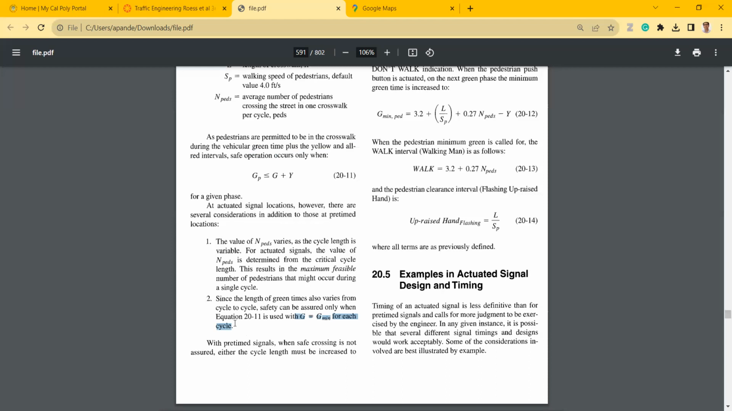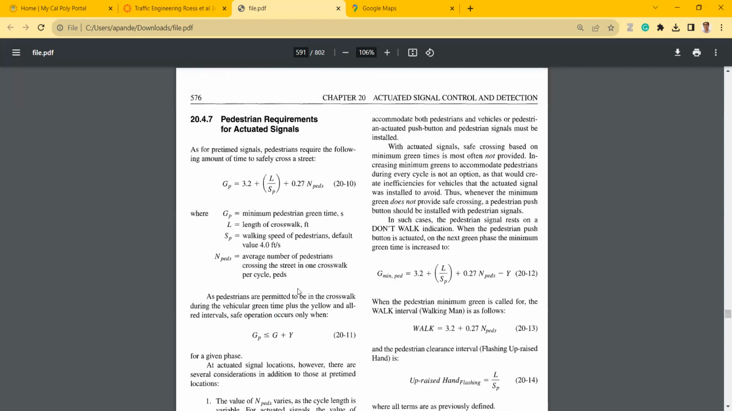Okay, this is very important too, right? Because whatever green you're providing, with a pre-timed signal, when safe crossing is not provided, the cycle length must be increased. With an actuated signal, though, safe crossing based on minimum green is most often not provided, right? With an actuated signal, increasing minimum greens all the time is something you don't want to do every cycle. You don't want the minimum green time to be increased all the time, right? So what we do is,